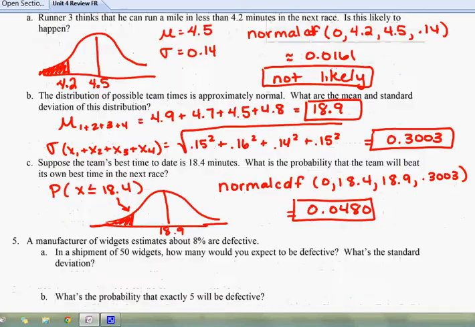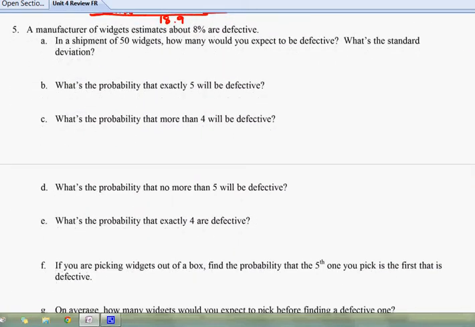Now, you gotta love problem number 5. Number 5 is we're switching into the gears of geometric versus binomial distribution. Remember, geometric is when you're looking for a first or until, and binomial is counting the number of successes within a set number of trials. So number 5A, we have 50 widgets. How many would you expect to be defective? We have a set number. We're looking for an expected value of that set number. So this is a binomial distribution